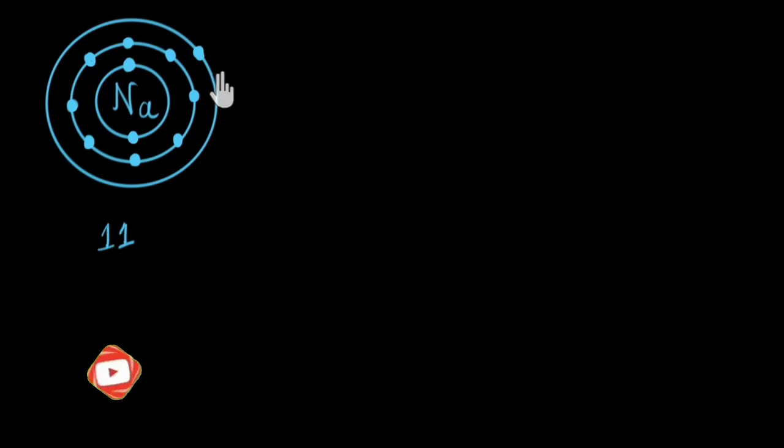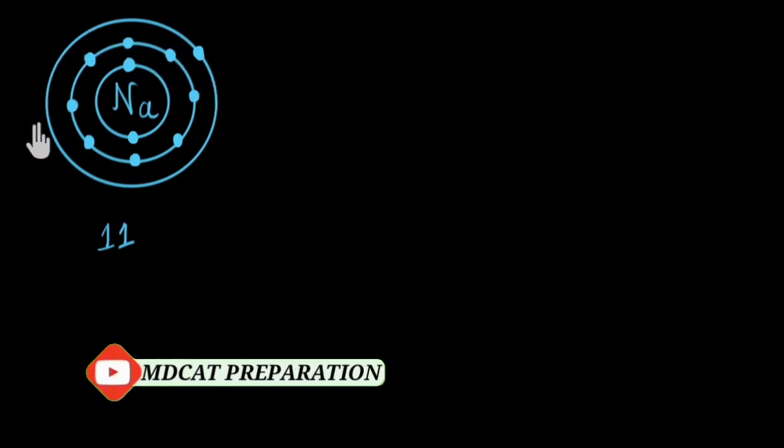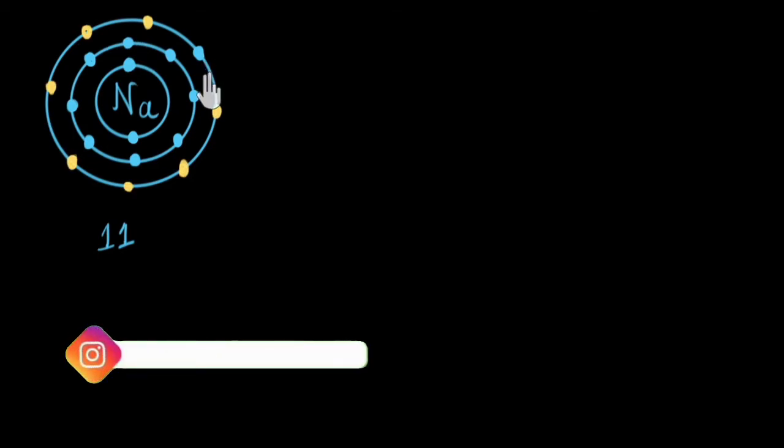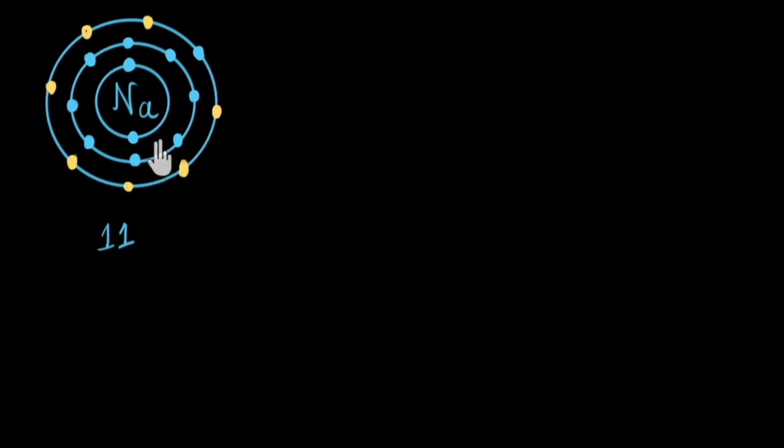Now one option is that sodium gains 7 more electrons. So 7 plus 1, 8. That means sodium's octet will be complete. But see, this is not possible. Because electrons go around the nucleus because they are attracted by the protons in the nucleus. But if you increase the number of electrons by a lot compared to the protons, they will not feel equal amount of attraction, and that's why they will fly off. So that's why this is not a good option.